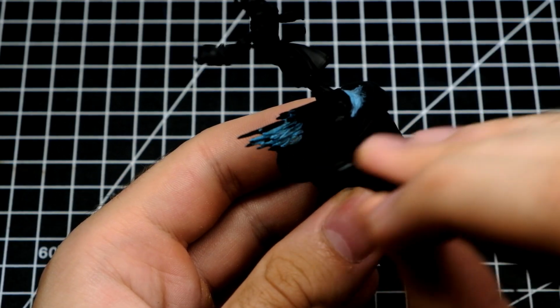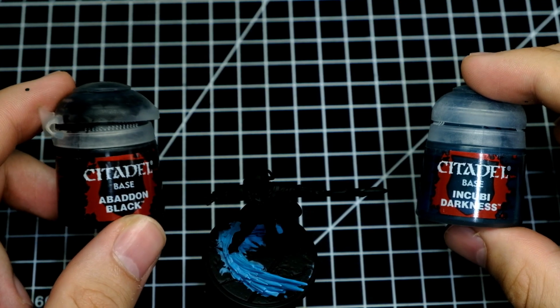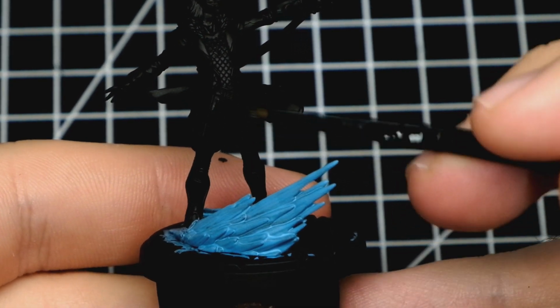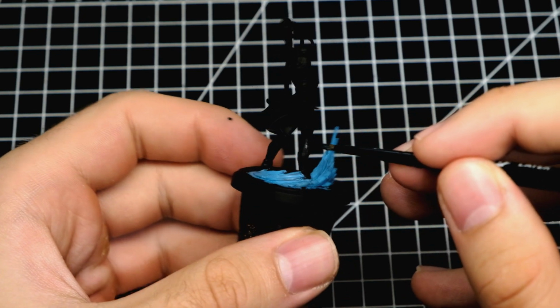I am using this really nice icy blue, and honestly you will need more than one layer, so just be prepared for that. Once I got some nice coverage, I went ahead and base coated his pants. Maybe you cannot really distinguish between black and this paint, but honestly it's gonna be really different. As you will see me do, we will paint a nice gradient on the pants, so it is really necessary to